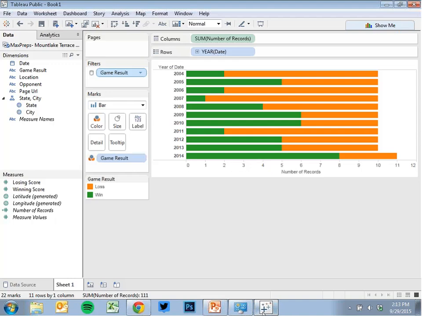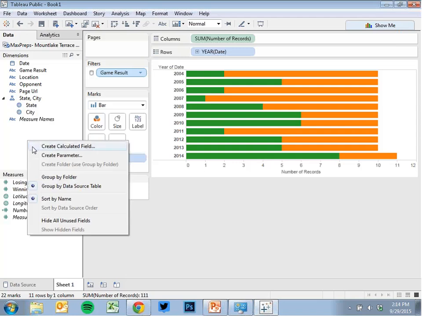So in our data set, we have winning score and losing score. This is the score that the winning team got, and this is the score that the losing team got. The reason it's in 2 different columns like that, instead of just what's your guys' score versus what's the other team's score, is because when it's listed on the Max Preps website, it's always winning score first, losing score next. So we need to make a little calculation to make sure that we know whose score this is.